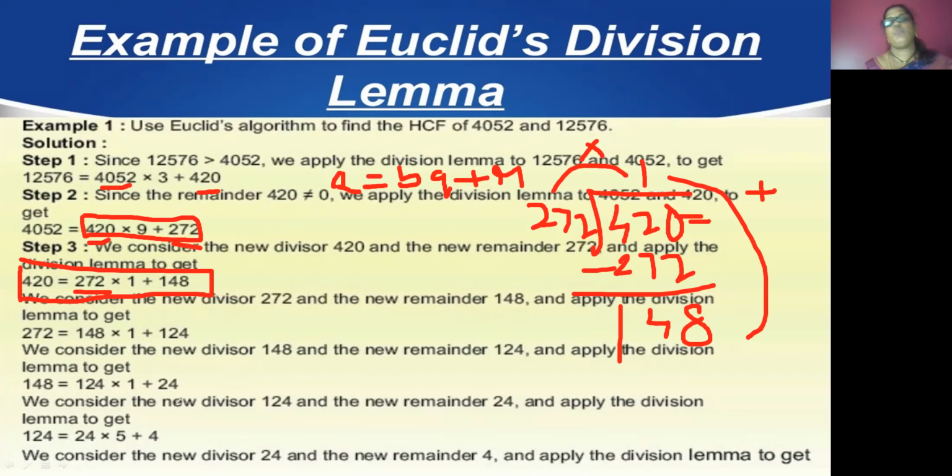So 148 ones are how much? 148 ones are 148, and the remainder will be 124. In the same way, take 148 and 124: 124 ones are 124, and the remainder will be 24. And in the same way, 124, how can we write it? 24 into 5 is 120, plus 4, 124. Then the next step will come for you. What is the next step? The next step will be